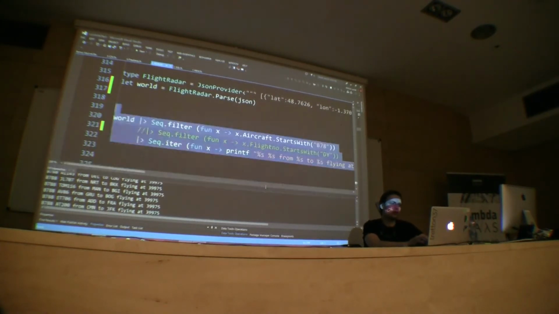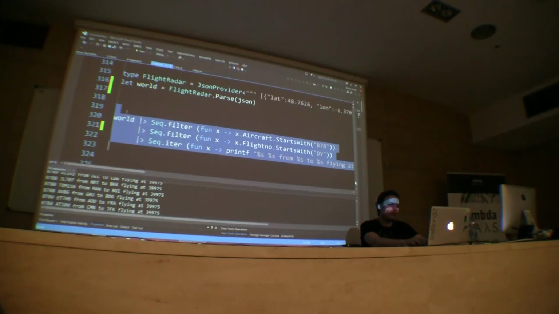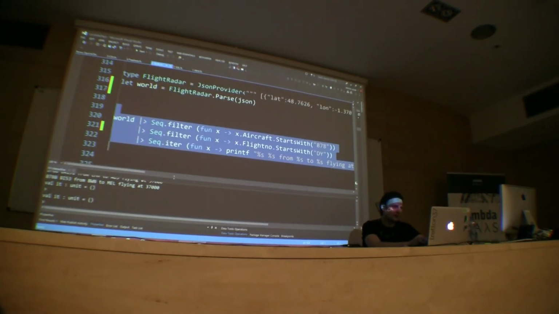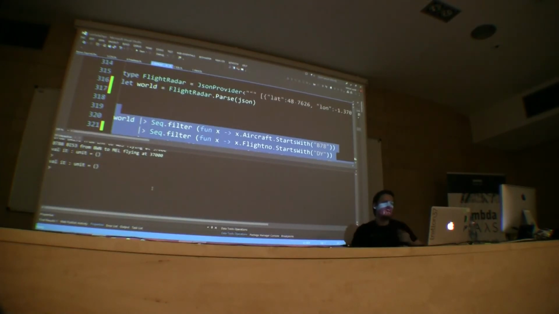So let's just check for sure if there are Norwegian flights. I'm checking by flight numbers, and I know that Norwegian starts its flight numbers with DY, so that's the filtering I'm doing. And that's not good news, because there is none in the air. But maybe they're actually on the ground or something like that.